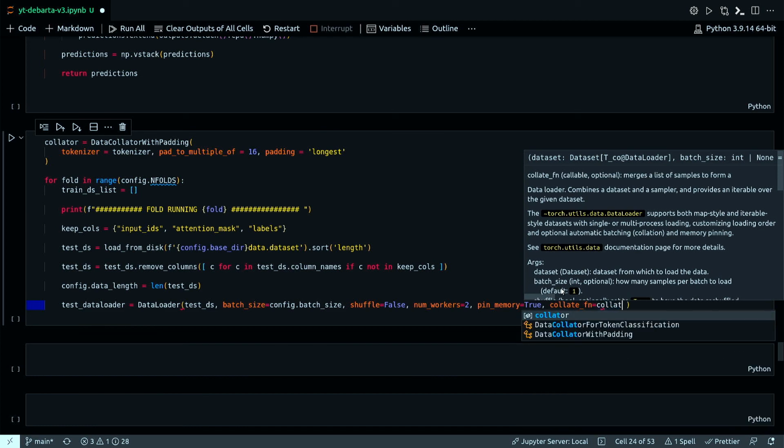This is where I'm using this collator that we defined right here.